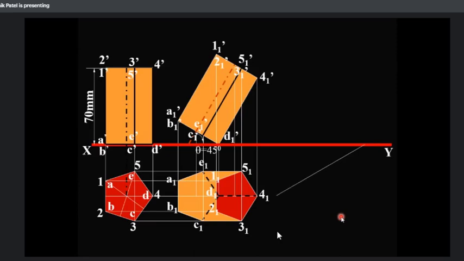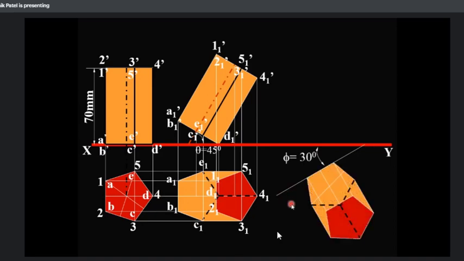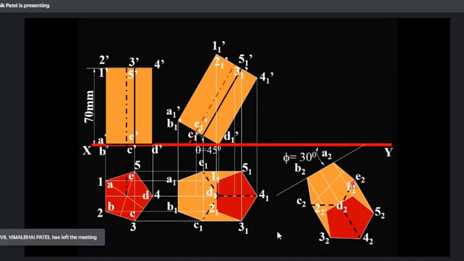First you will draw the 30 degree inclination line. Then on this inclination line you will mark A1 B1, and then transfer the whole reduced shape. Whenever you transfer this shape, always remember that A1 B1 C1 D1 E1 are in the anti-clockwise direction. So similarly A2 B2 C2 D2 should be in the anti-clockwise direction. The direction should remain the same; it should not change.